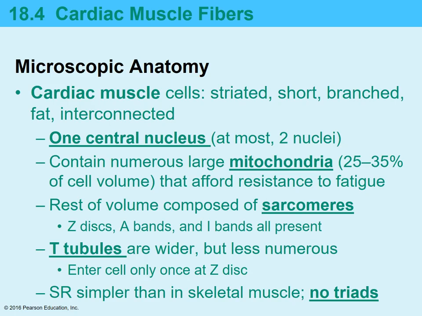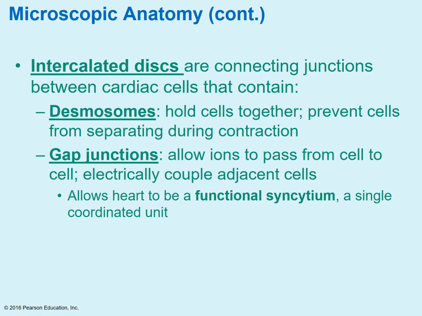And there are intercalated discs. These are found only in cardiac muscle cells. They're connecting junctions between the cardiac cells. Basically, they contain desmosomes that help hold the cells together and prevent the cells from separating when they're contracting. And it also contains gap junctions, which, if you remember, allow ions to pass from cell to cell